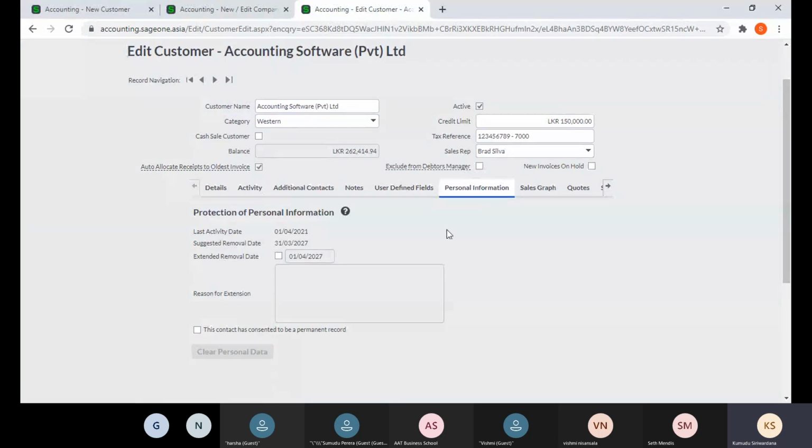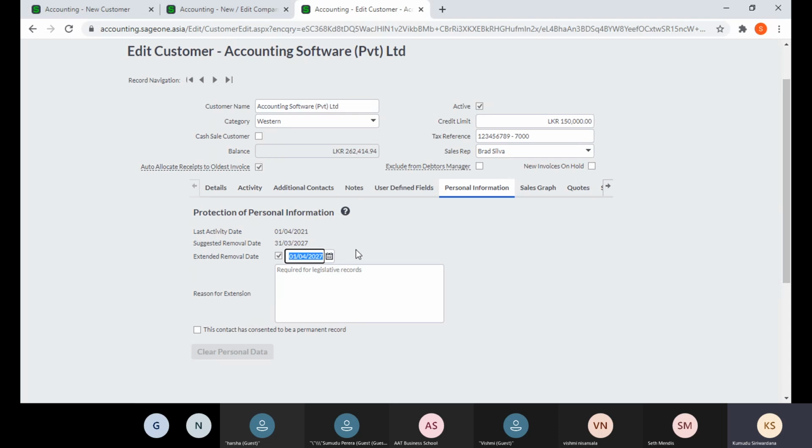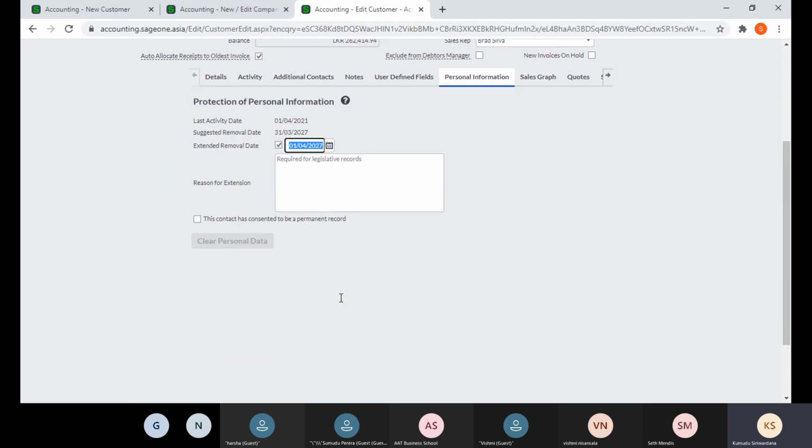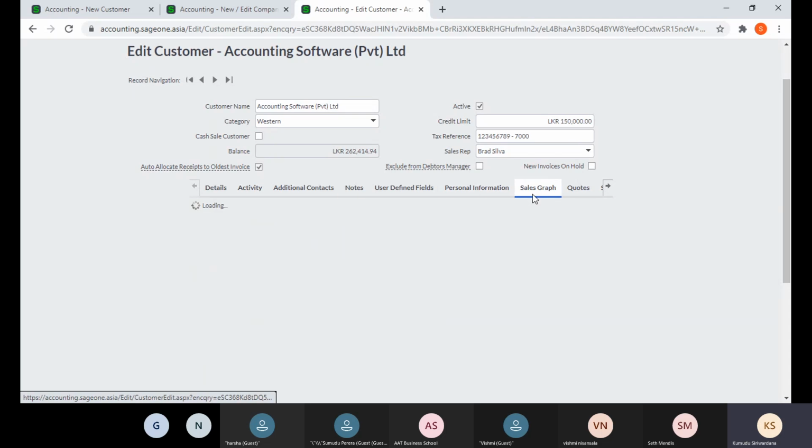Then personal information. This is also a requirement of the Data Protection Act, and you can keep your data up to this period, and if you want to extend that period, you can extend it from here and you can save. Okay, and after you enter transactions, you can view the sales graph of that customer,